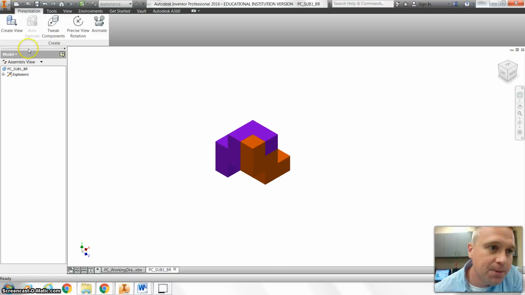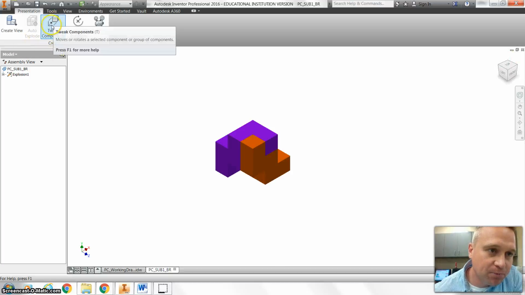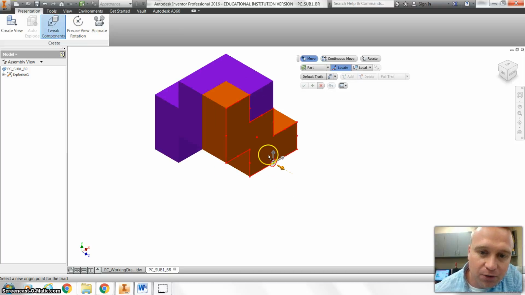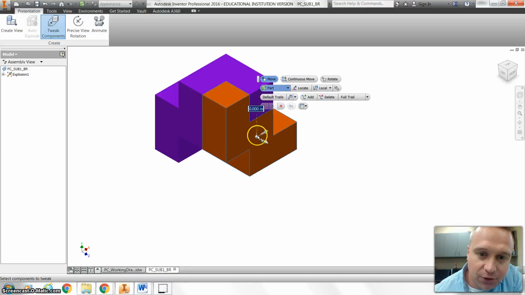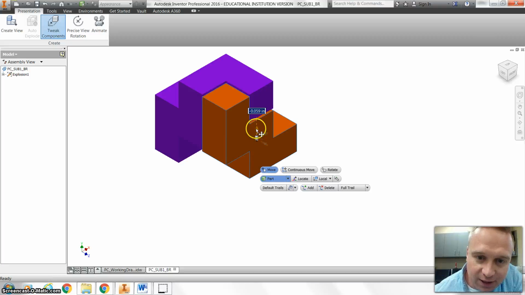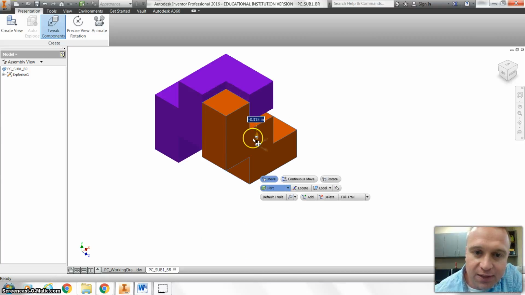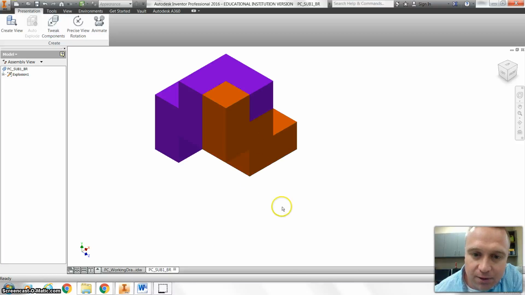Alright, and so to create the explosion, I'll go ahead and click Tweak Components, and then I can click on the part that I want to explode from the object. And so in this case, I'm going to click on that orange part. I have a few options for direction here, and so I could click this arrow if I wanted to move the object, and then click and drag on that arrow if I wanted to move the object down. I don't think that's what I want to do for this case, so I'm going to click the red X